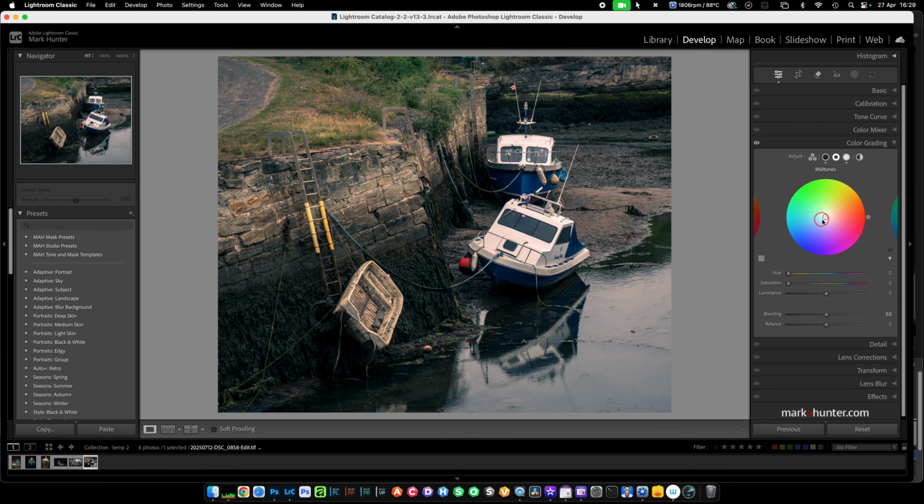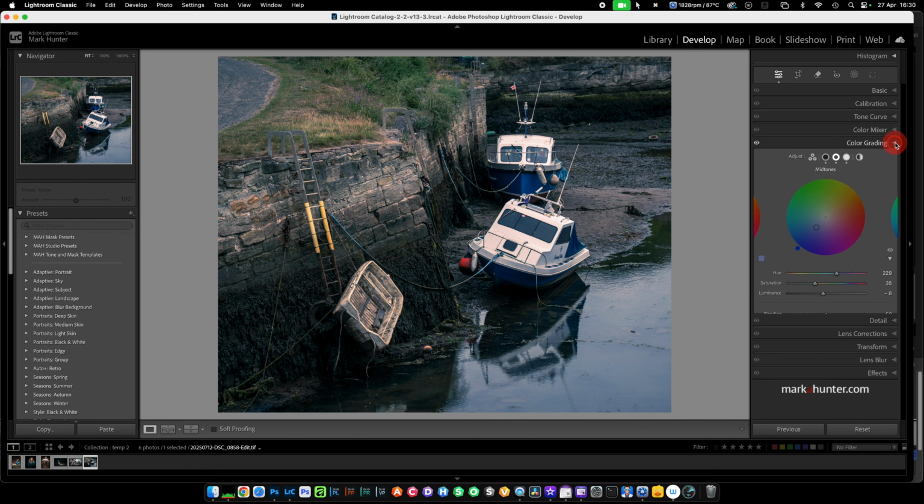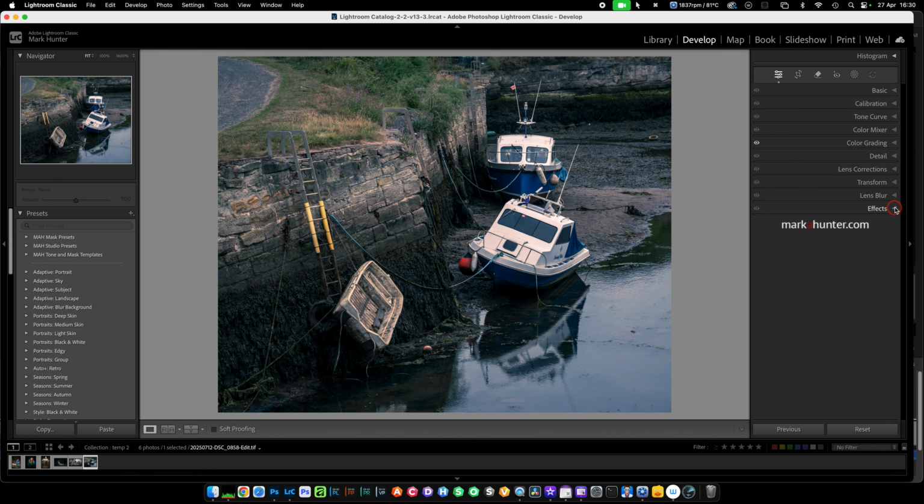Midtones are between highlights and shadows, obviously, so I'm actually going to bring the midtones down in favor of the shadows by coming down there and lowering that. And then I'm just going to set the balance point between all shadow or all what we did in highlight. This is where you set the balance between them. So having done that, I'm actually going to nudge it that way. Now that, together with a little vignette,